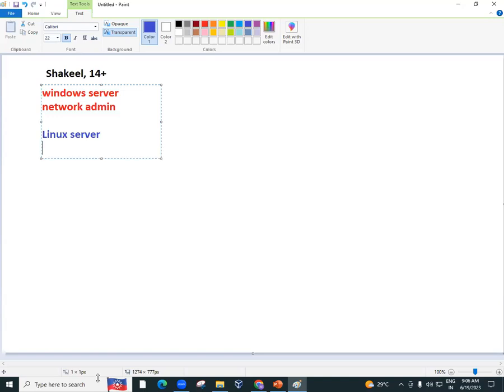With this, I did my security also. Security is a place where you will be configuring firewalls and providing security to your network. Security is majorly about your firewalls and providing security to your data and your resources. And there is one more very important technology I have learned, worked on, and trained on, that is